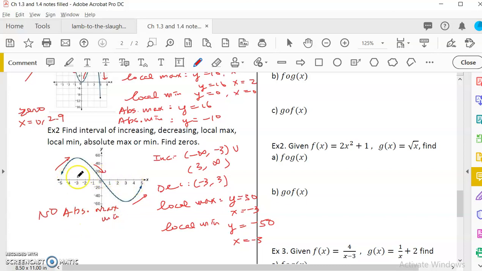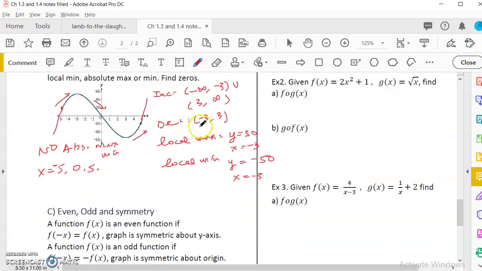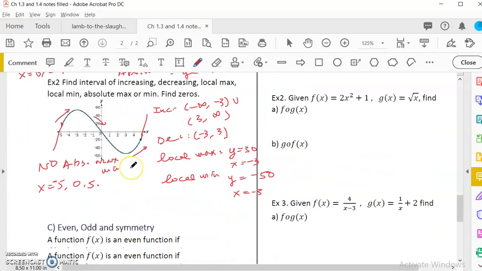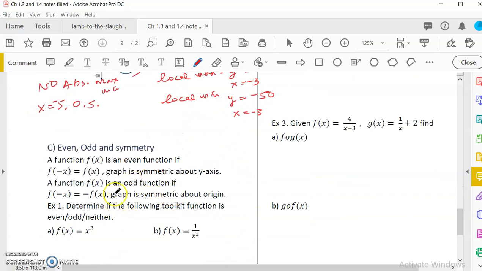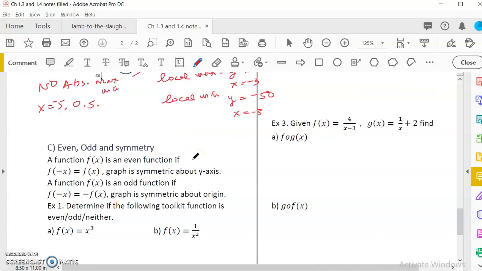What about 0? So this eventually would have a 0. Let's suppose it's at x equal to 5. So -5, 0, and 5, right? That's 3 zeros. So that's what you need to know about properties of a function graph. The last thing we want to talk about is odd and even symmetry. So when we look at the graph,